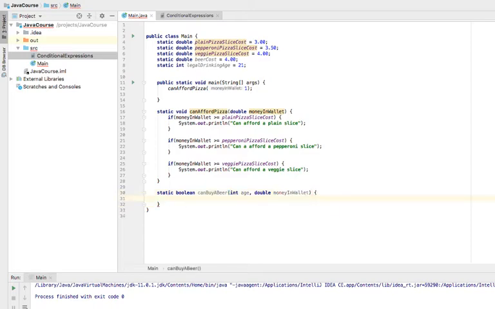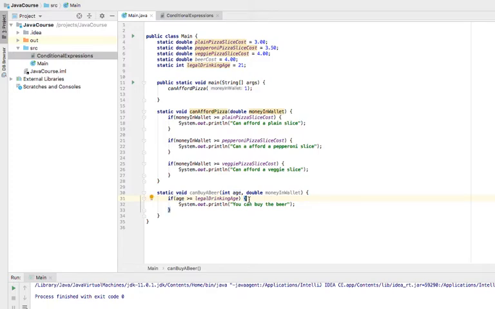And we're going to say if age is greater than or equal to legal drinking age, you can buy the beer. Well, one thing I just forgot was to make this boolean. I should actually make this void, because we're not returning anything. The other thing is we're only evaluating the age, right? So we're not evaluating how much money you have. So we have to actually change this so that we can say if age is greater than or equal to